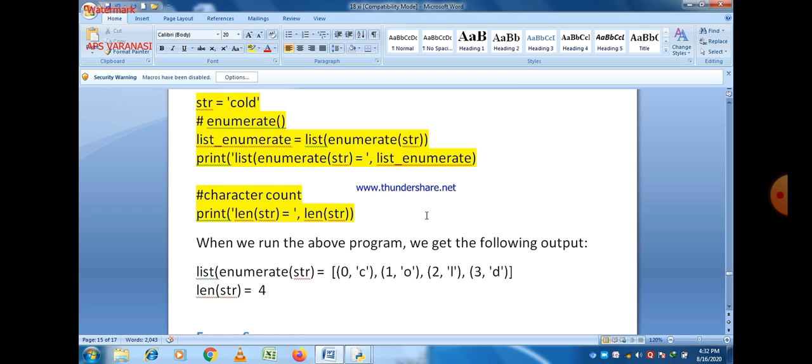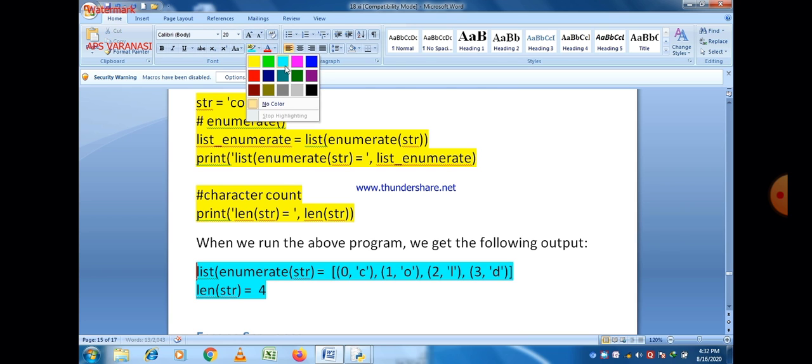And if you want to find out the length of the string, then you can easily write len, and within the brackets the name str is here, and no parameter value is passed. So the final answer will be, you can easily see that since the string is cold, at 0 position C will be printed, at 1 O, 2 L and 3 D. So actually all characters are printed with their index position.